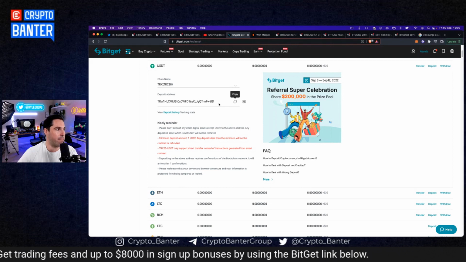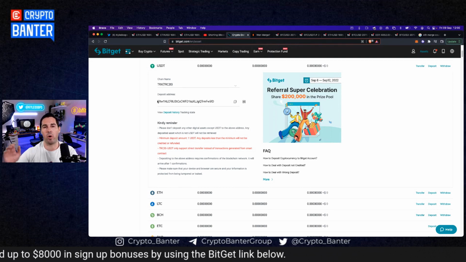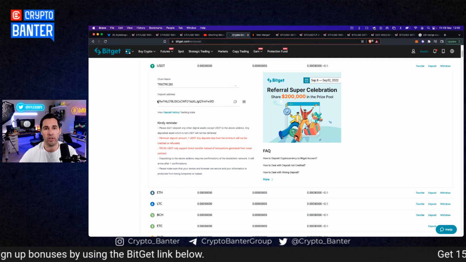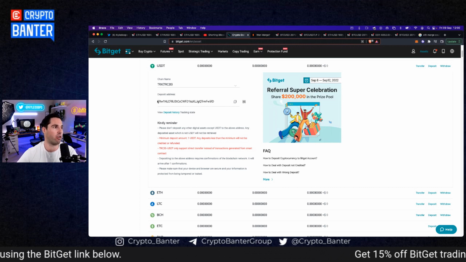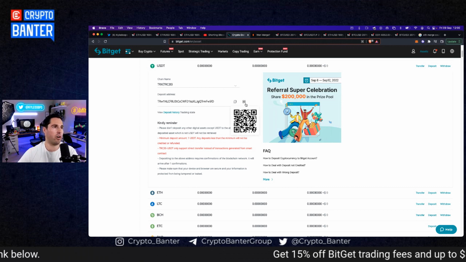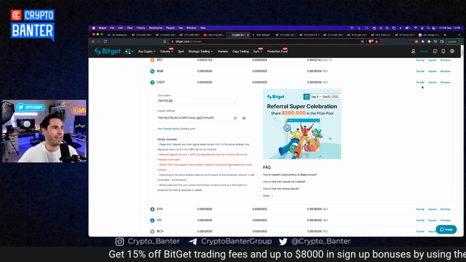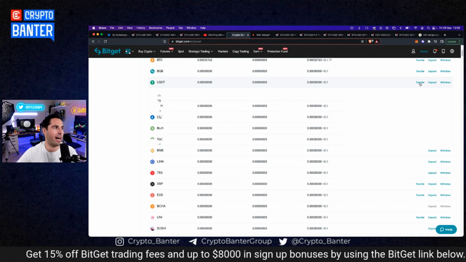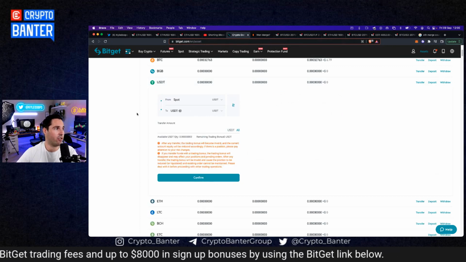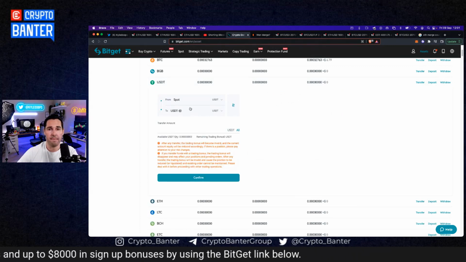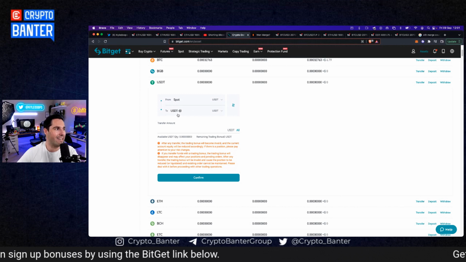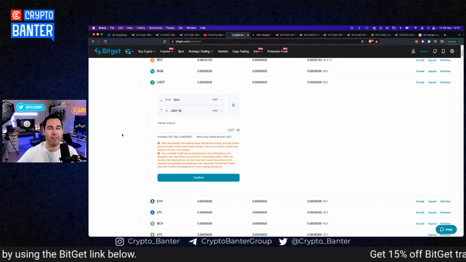Either copy and paste the deposit address from your other exchange or wherever it is that you're holding your fiat and you're purchasing your crypto, or scan the QR code. Once you've done that, the money should reflect within the account. And then what you want to do is click transfer. I've already followed all of these steps. You're going to transfer from your spot wallet to USDT, which is going to be where you're able to take